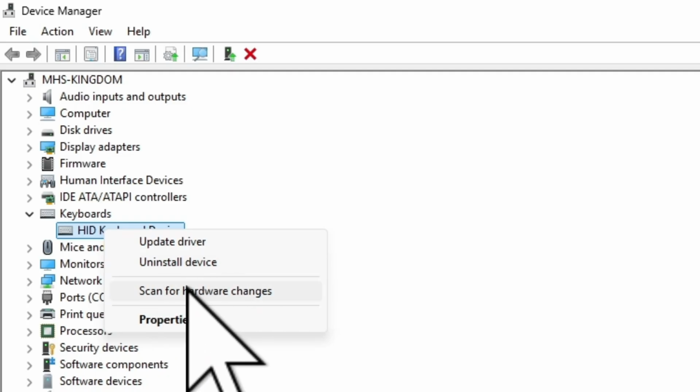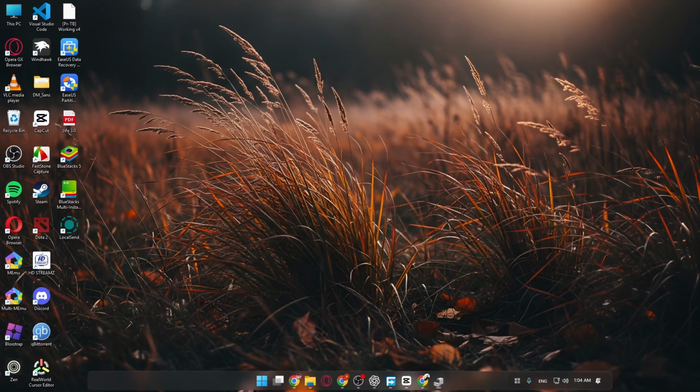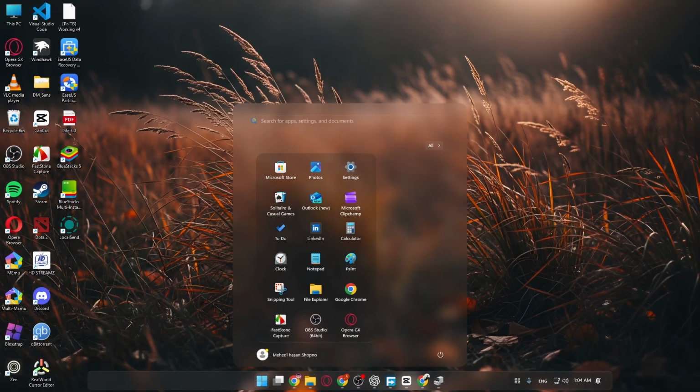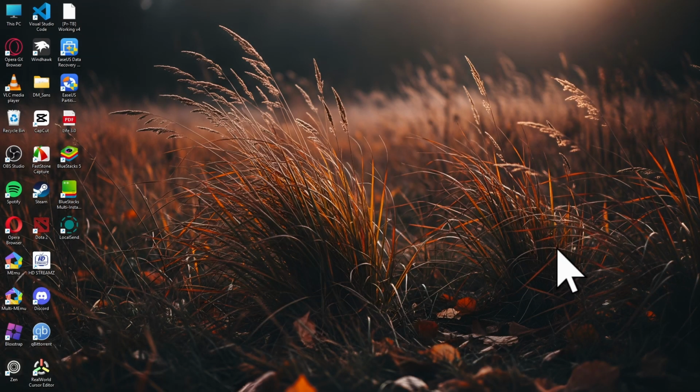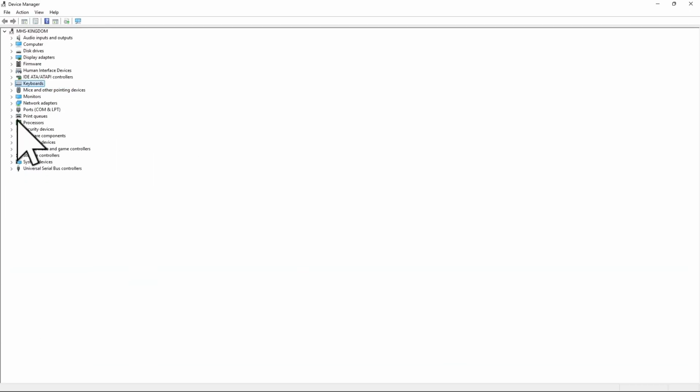If you can't find the disable option, you can simply click on Uninstall Device and then click on Uninstall, and then you can simply come over to your start icon and restart your PC and your problem will be solved. If it's not yet solved, simply come over to Device Manager another time